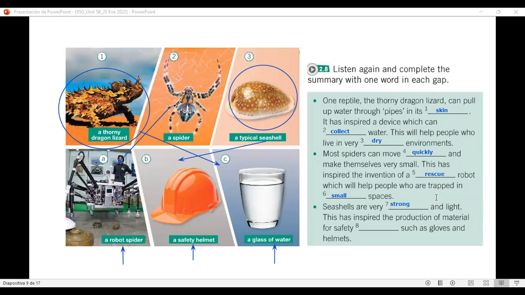This has inspired the production of material for safety. What do you think is the missing word? ¿Cómo dirían equipo de seguridad?